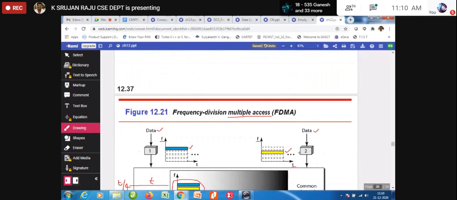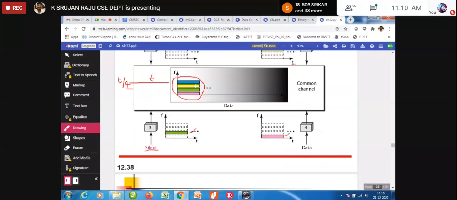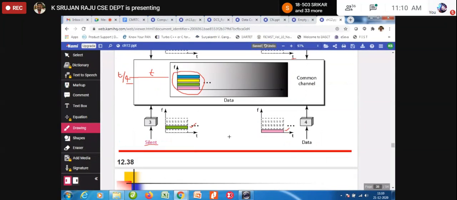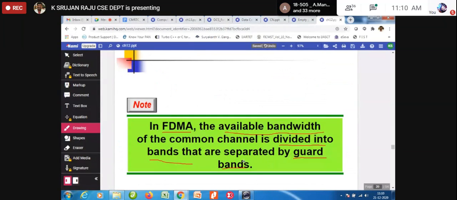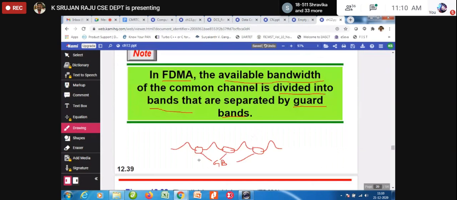How can all these frequencies be combined? See, the spaces between them are there, so I need to add the guard band. I need to use the guard band to combine these frequencies. That is nothing but an extra bit of information used to combine them.